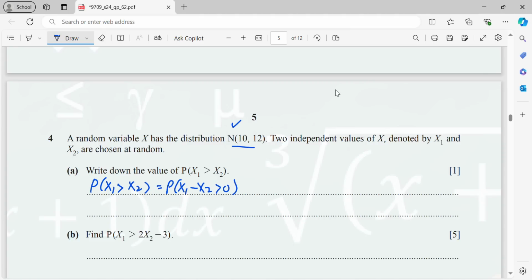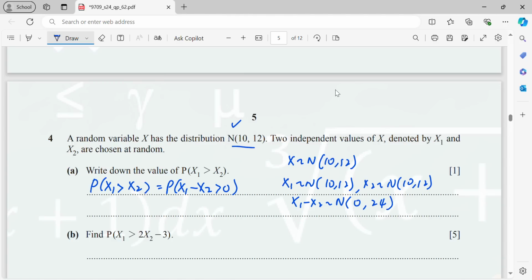So for information, X is normally distributed with mean 10 and variance 12. So X1 is normally distributed with 10 and 12. X2 also has the same distribution. So now for X1 minus X2, the mean you minus will be 0, but the variance you plus. So 12 plus 12, that is 24, for the variance. So now from here, which is P(Z > 0 minus 0), because when you standardize,